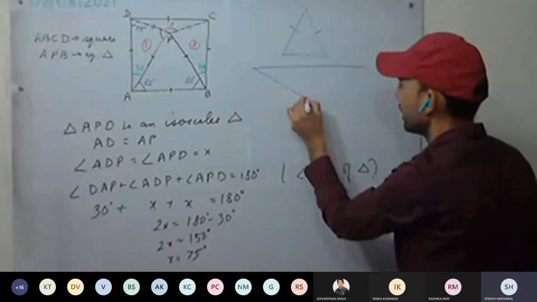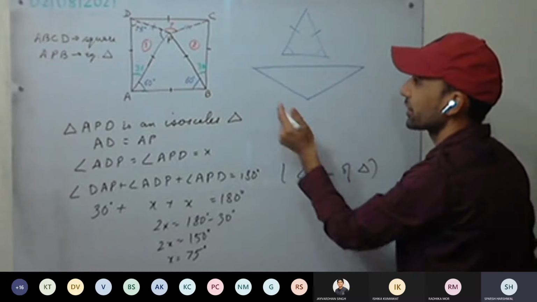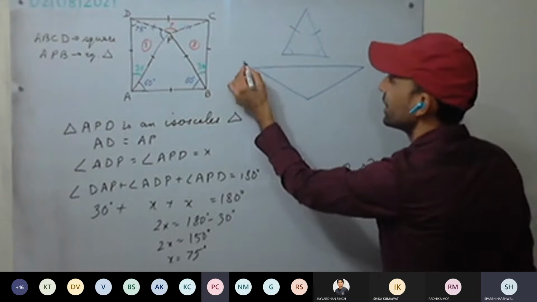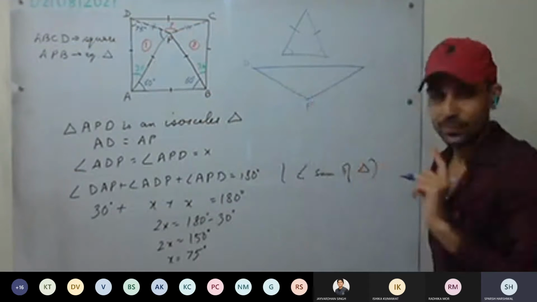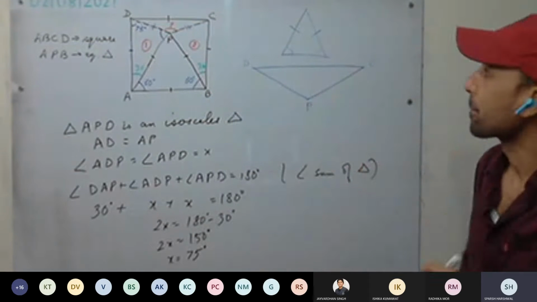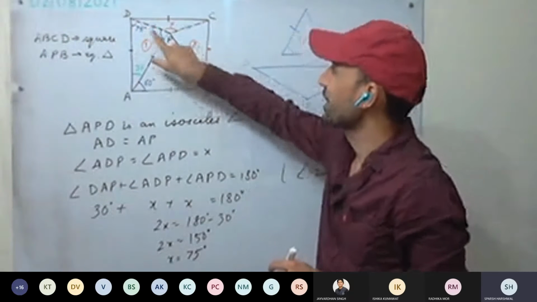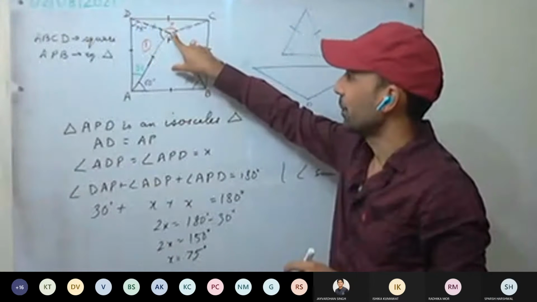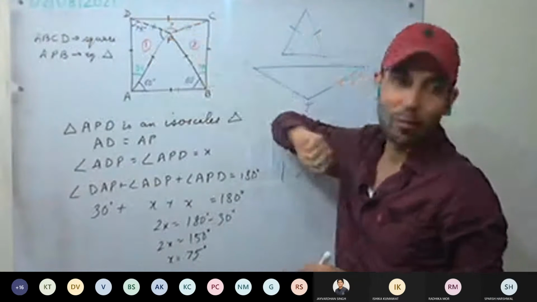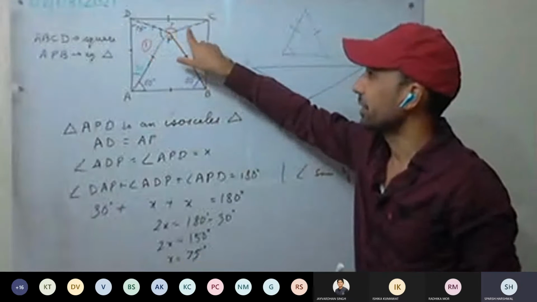Sir, equilateral triangle. How equilateral triangle? Sir, you said these two lines are also parallel, and we know DC is the square's side, and all sides are equal. One minute. DP equals CP, they are equal, but I haven't said they are equal to DC. They are equal by CPCTC, these two sides.